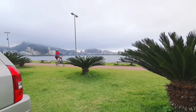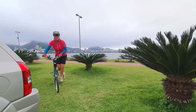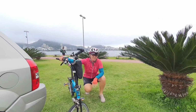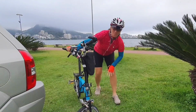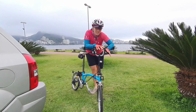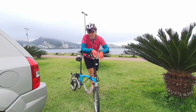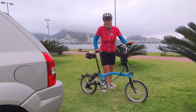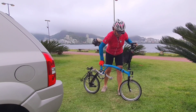The great thing about the Brompton is that you can fold it, put it in your car, and take it anywhere you want. That's cool, isn't it? Yes. So let me show you 3 things that you should be aware of when you fold your bicycle and put it in the car, so it won't damage your car or your bike. Well, the first thing you have to be aware of is when you fold it,